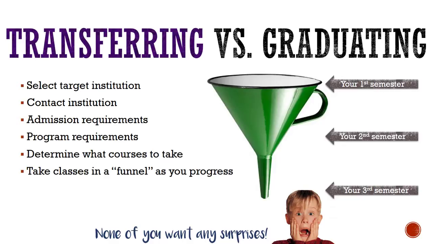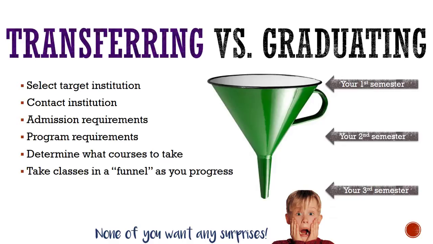The first step in this process will be choosing what four-year school you would like to transfer to. Be sure that they offer the program you're seeking. Every school will have a transfer coordinator or advisor to work with students that come in with credits. Connect with this advisor to find out admission requirements to their school and the individual program you would like to be in. The university advisor will be able to tell you what courses at CVTC will transfer in for their